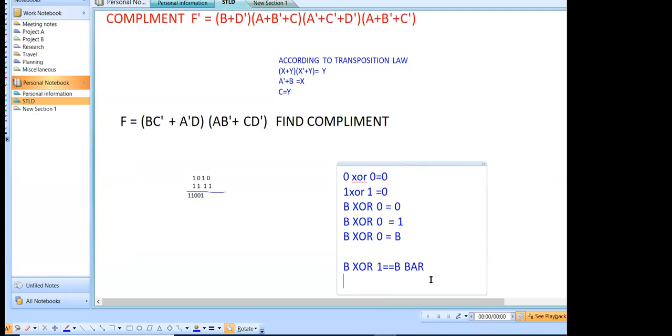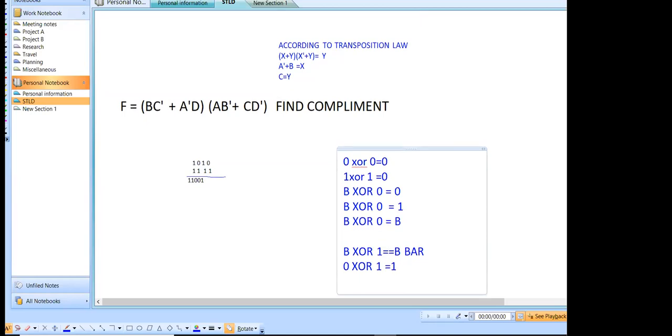If the value of B equals to 0, that is, B 0 తీసుకుంటే, value of 0 XOR with 1 will be complement, B 0 complement of 1 వస్తుంది. Similarly, if the value of B equals to 1, if you perform the XOR operation with 1, this will be equals to complement కాబట్టి this will be equals to 0. Okay, that is for the exclusive OR operation.